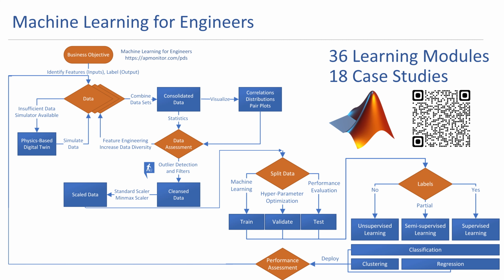Here's an overview of the Machine Learning for Engineers course, and there's a QR code there to direct you to the website as well. In here, we have these blocks that each cover a particular topic for machine learning. You can see all the way over on the right, you have unsupervised learning, semi-supervised learning, supervised learning, classification, clustering, and regression. But there are so many steps even before getting to that point, where you need to be able to work with the data: data engineering, cleansing the data, assessing the data, feature engineering, that even come before you get to what we would call machine learning.